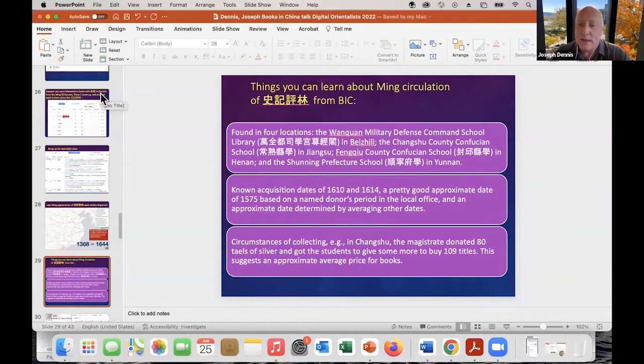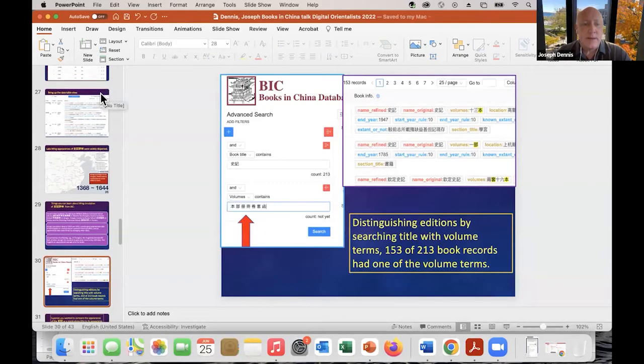So you can get some sense of the cost of books at different times. You can also find out a lot about different editions, which ones were circulating. You can see of these 213 book records, which ones were a particular number of volumes. It becomes possible to distinguish the commonality of different editions.